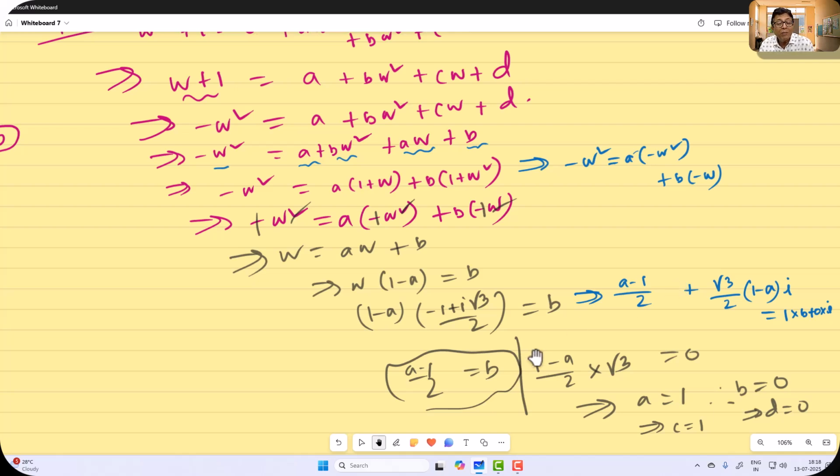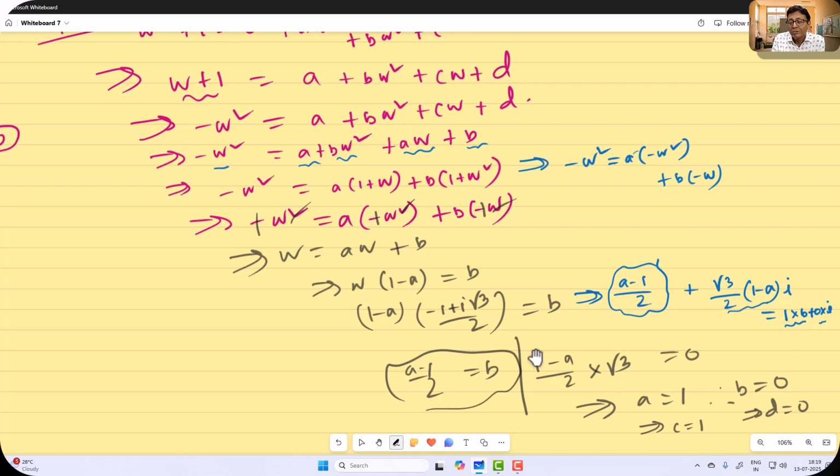Now go for comparison. This real part will be equal to this one. And this imaginary part will be equal to this one. I mean 0. So it will give us A minus 1 by 2 1 and 1 minus A equal to